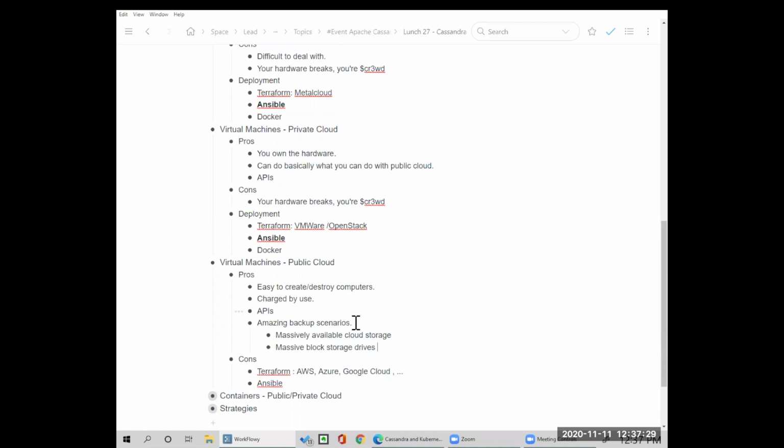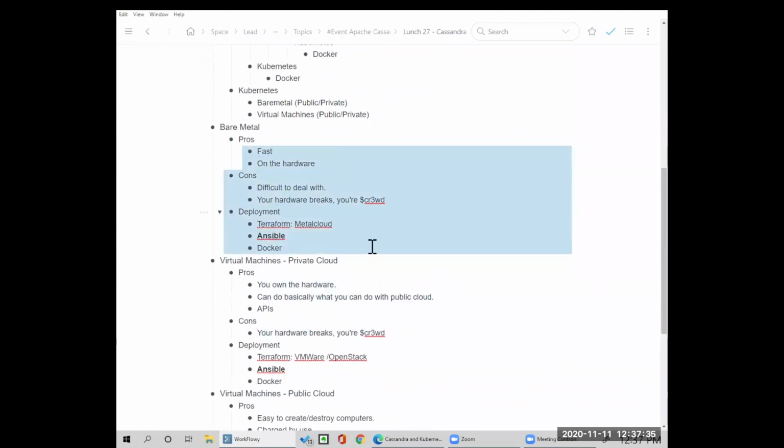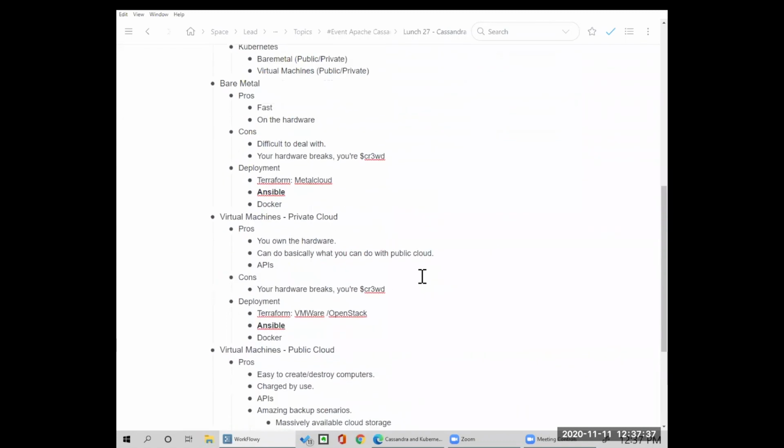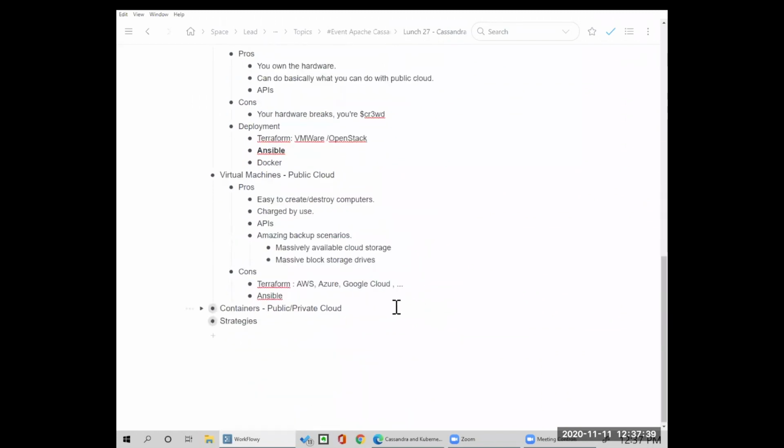That you could probably get by and do on your private cloud. Kind of hard here. Again, it's possible, but kind of hard. You really have to be a big tech operator yourself. But this is one of the best features of using the cloud: your backup scenario is way better than if you were doing anything on your own.